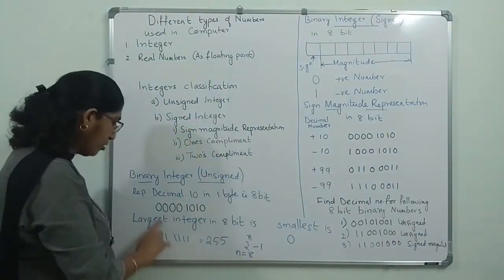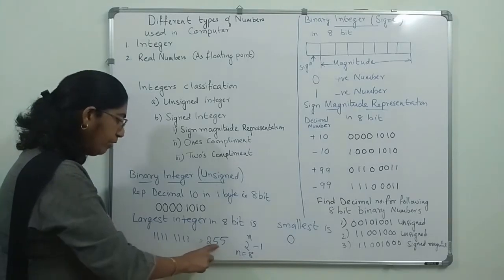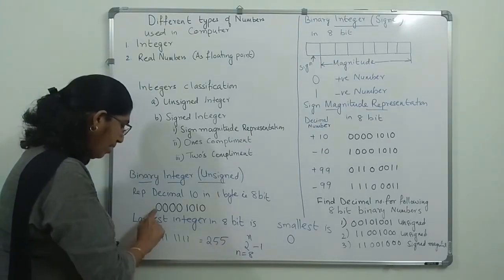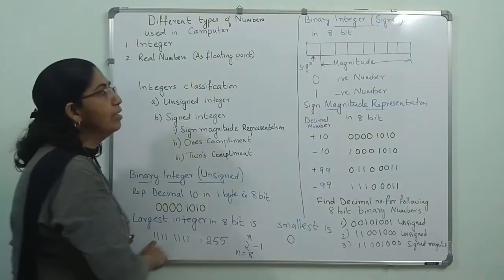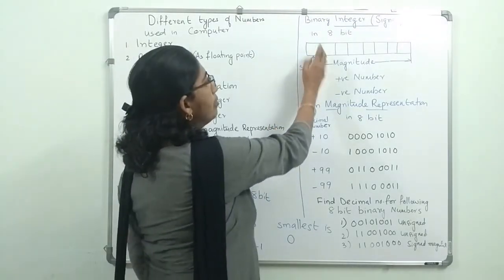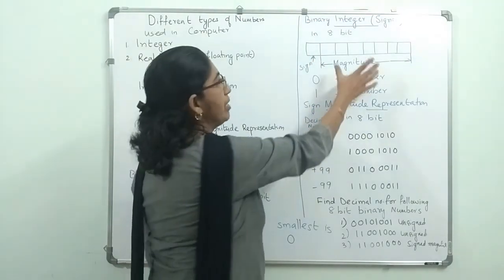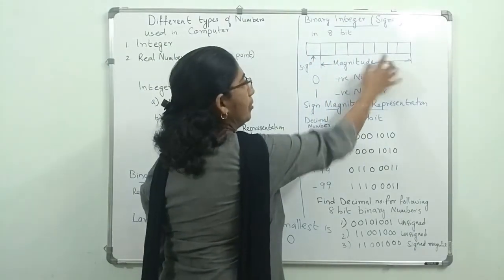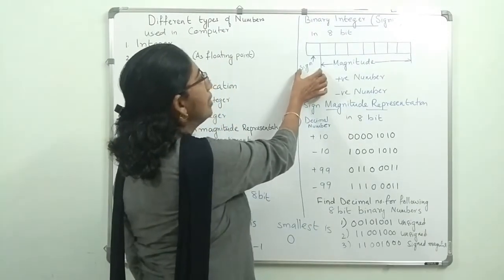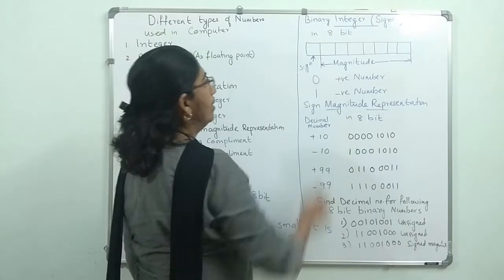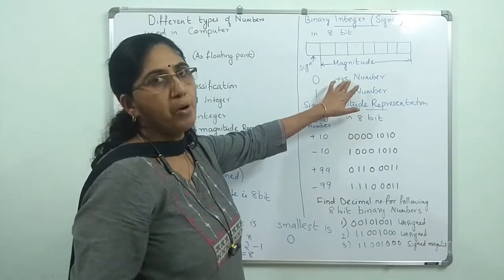Like here we have used up to this also to represent the value. 255 means this eighth bit also has to take up value 1. But here we are not using the leftmost bit to represent our number. We can use only this much to represent our numbers. So this you will be using for the sign, keeping it aside.